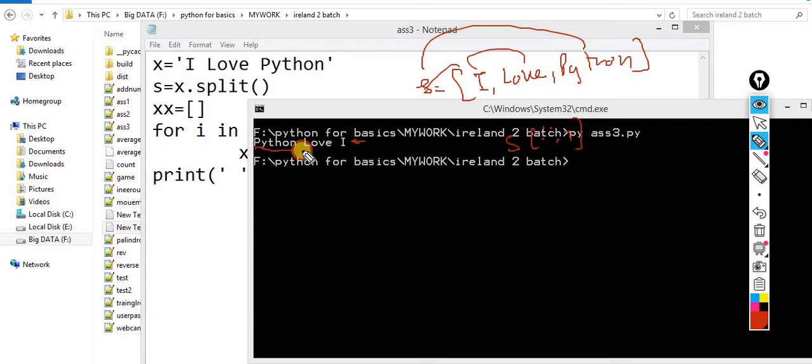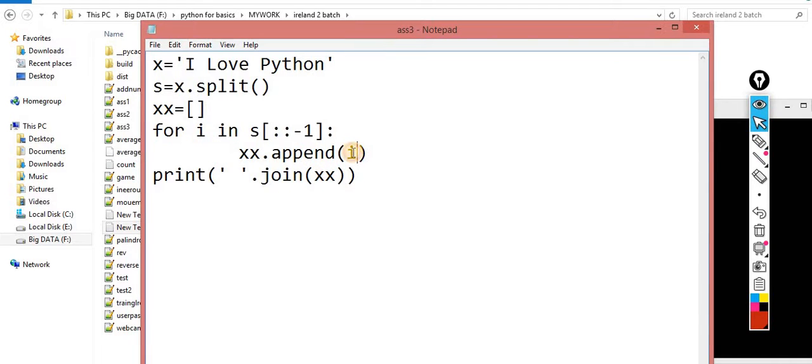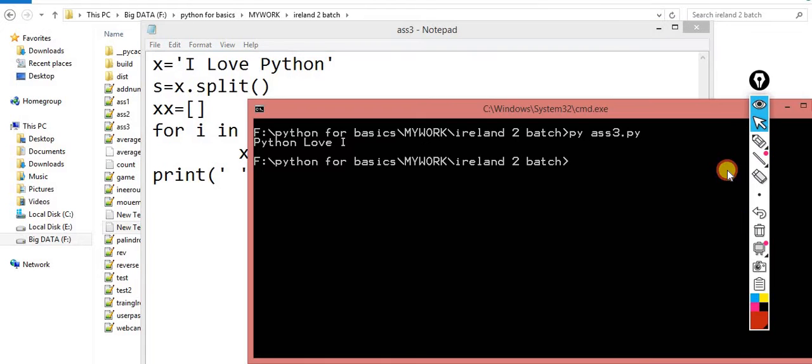And the second one is what I need: the reverse of this one. For reversing this one, the simple logic I implemented over here is colon -1. That's why I did it in this manner. Now you can check it out. I got the second output as well. So that's why I show you this way. Otherwise you can do the same thing with the help of that colon -1. That works fine, that's not an issue.